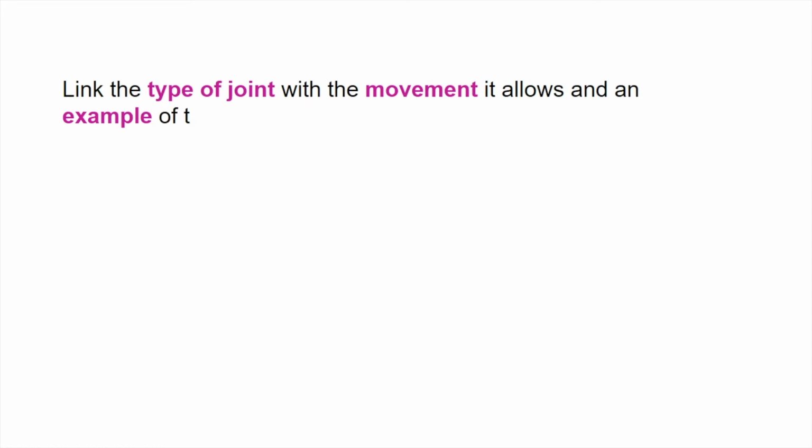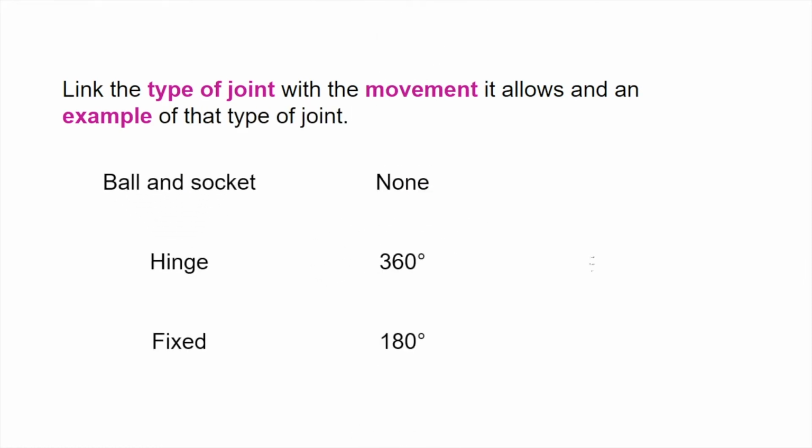So let's have a quick recap. Link the type of joint with the movement it allows and an example of that type of joint. So pause the video now and try and link where the ball and socket with the bits in the middle. So you're going across basically. So ball and socket, are you going to link that to